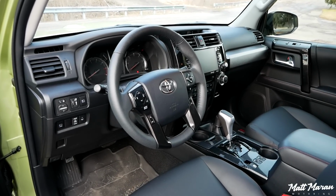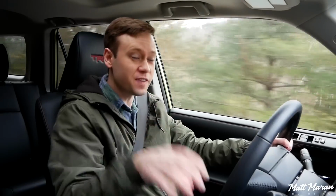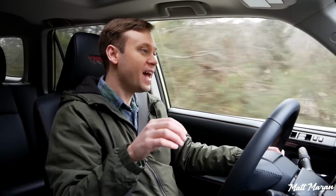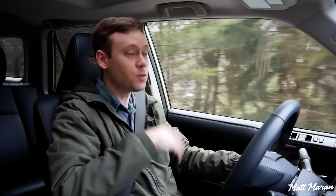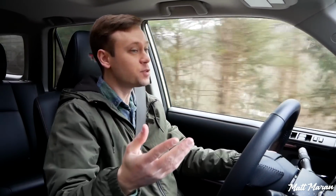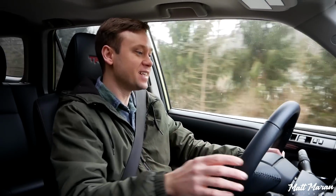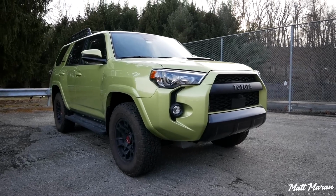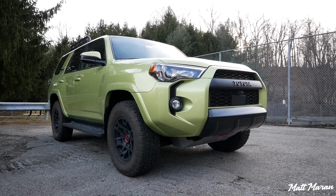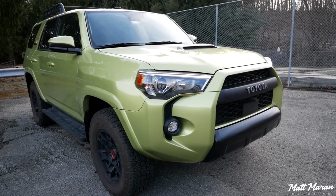Even though this is a pretty dated interior and everything else is pretty dated, this one as tested is $54,000 still. And yet at those price points, 4Runners, they've sold well over 100,000 units just in 2021 alone. So they're still doing a really good job selling these, and I think part of it is the fact they've been keeping it fresh. Over the past few years, some of the improvements are that you can get a unique color every year. This year it's this lime rush color, but also they improved, like for example the headlights now are LEDs,